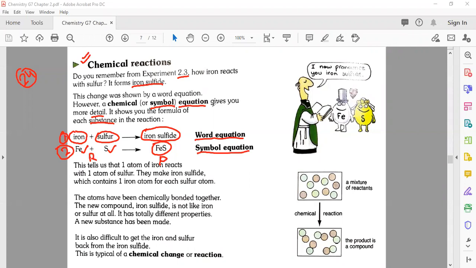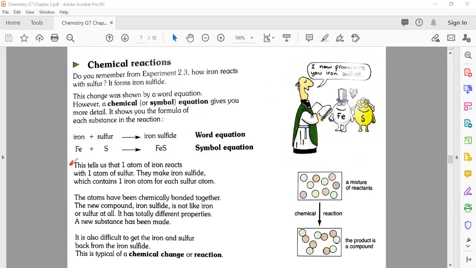Now, till here, what we understand is that we can see a relationship between iron and sulfur. For example, here in this cartoon, what is happening is they are going to marry one another. So this is a simple reaction in which you get a product. Now, after understanding this, let's move a little bit down.